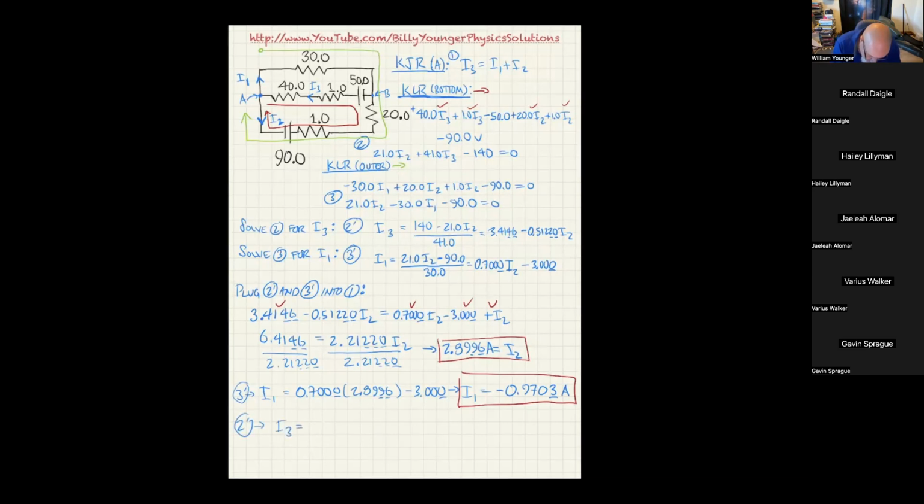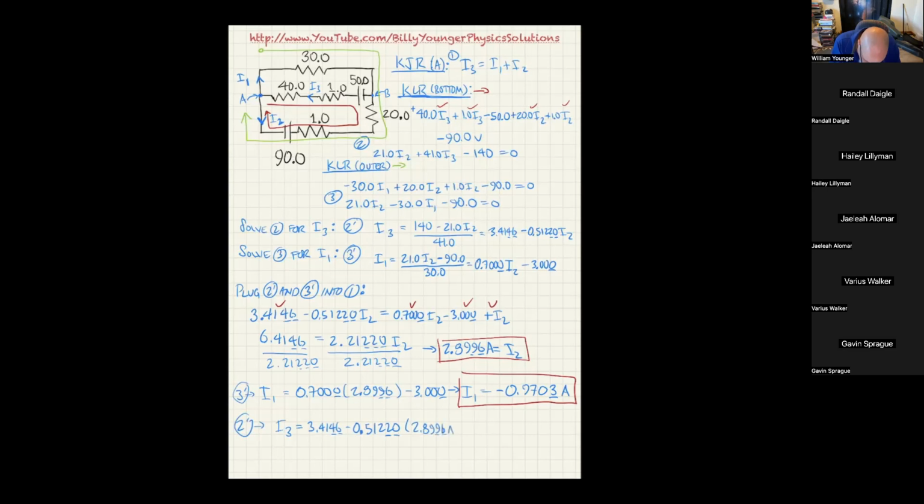I3 is supposed to be equal to 3.4146, with the 4 and the 6 extra sig figs, minus 0.51220, which has that extra sig fig. I actually marked too many extra sig figs on the other one. No, actually, I didn't write enough. I got you. Okay. So it's that times I2, and I2 was